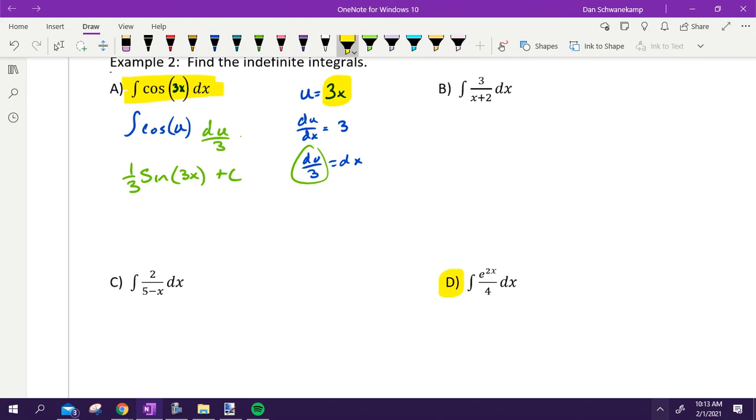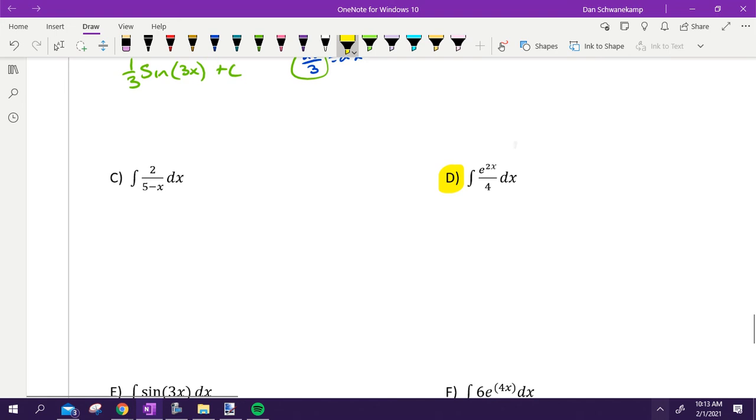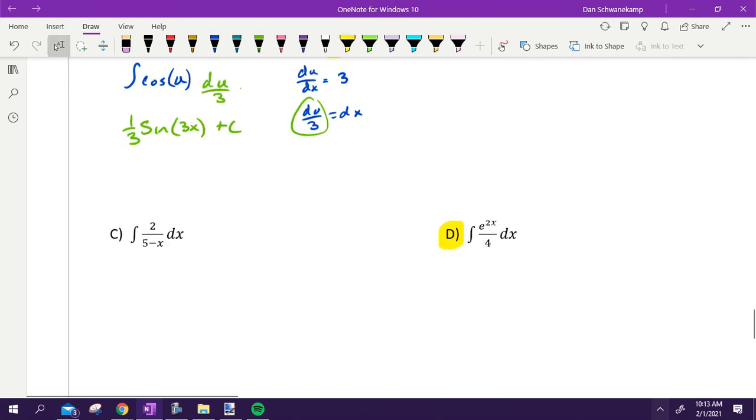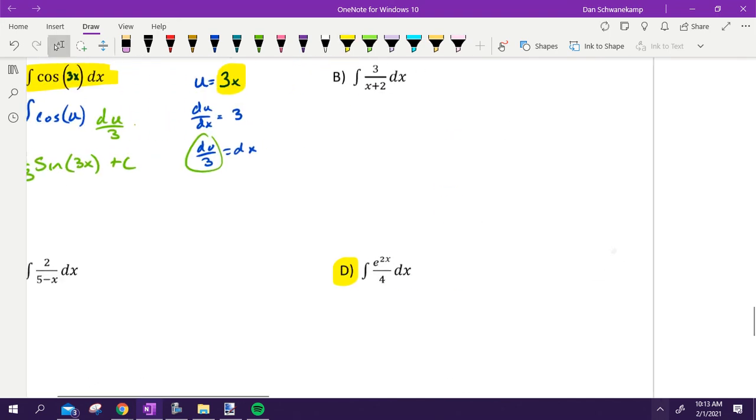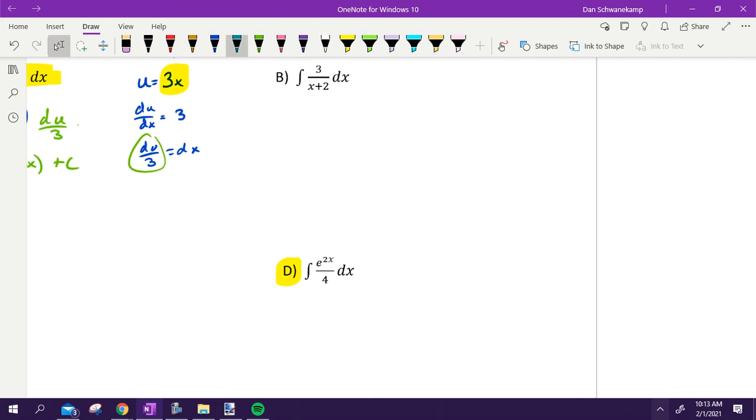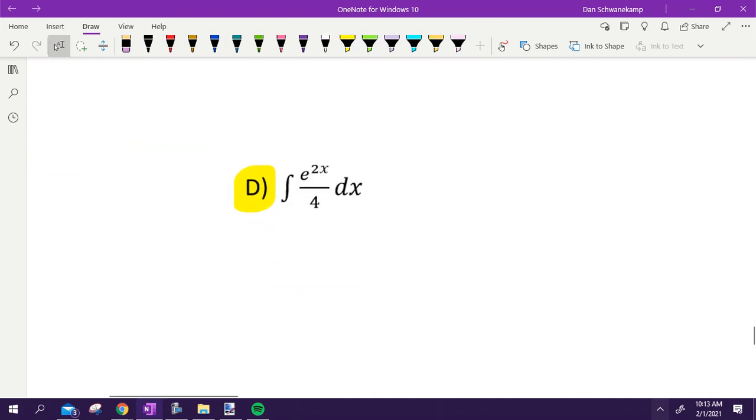Let's go to letter D. Okay, looking at letter D. I'm jumping around here because I'm trying to find problems that are similar to what we want to do. What would you make your u be here? What would your u be for this problem? 2x. We're jumping around. We're on letter D. Stay with me. It's 2x. All right. Since my u is going to be just an x and a constant, I can do